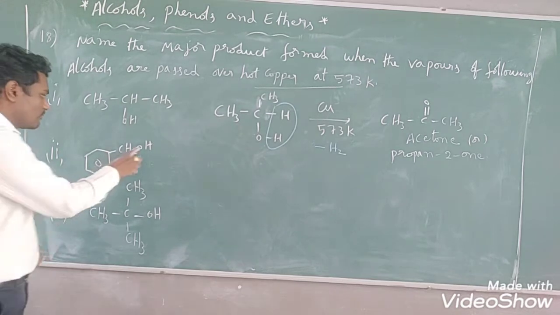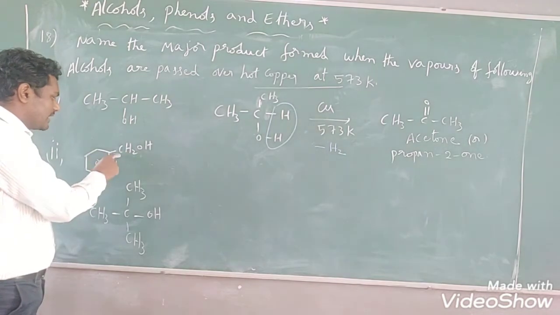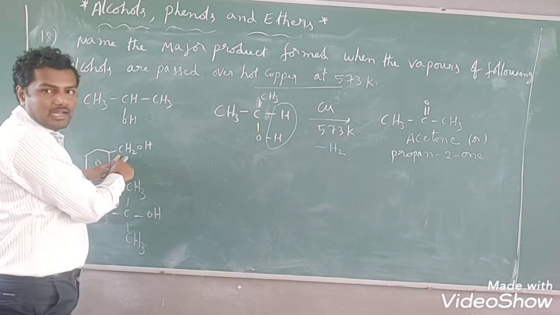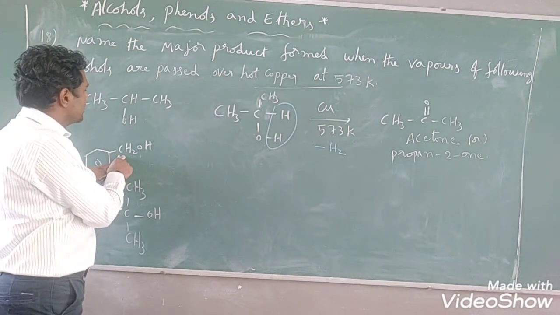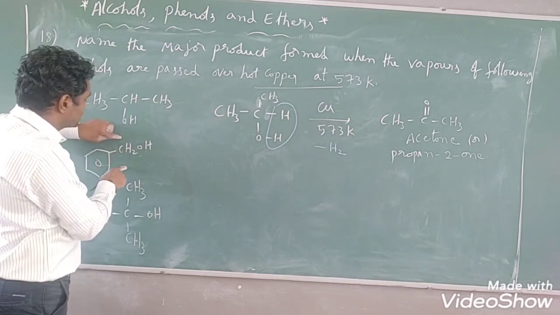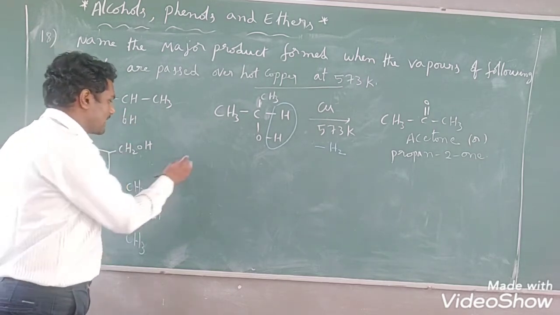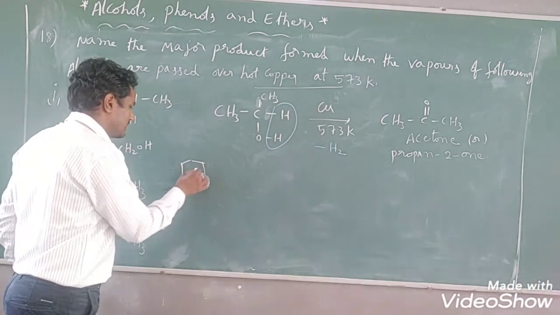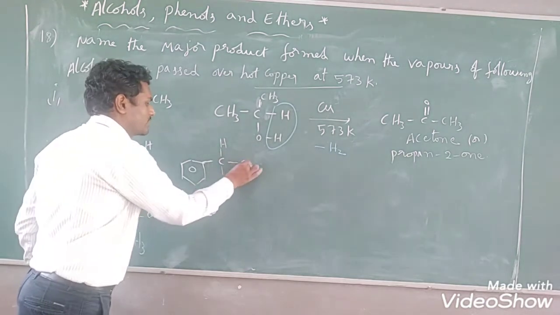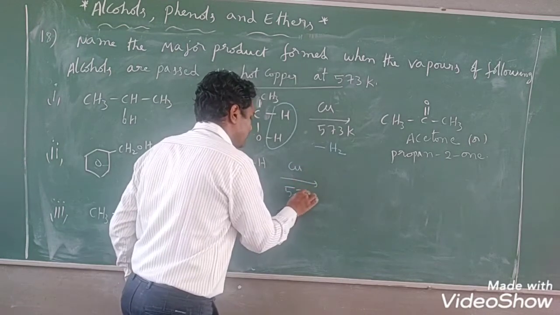And in the second question, you observe the OH attached carbon is further attached to 2 more hydrogens and 1 phenyl. So there is no double bond here, right? We can say this is a primary alcohol. The OH attached carbon is sp3 hybridized, and 2 hydrogens are present. So it is a primary alcohol. So whenever a primary alcohol is given, what will happen? You will see that, students. So the primary alcohol is present, CH2OH. This is the situation. Here also the same reagent, copper at 573 Kelvin.